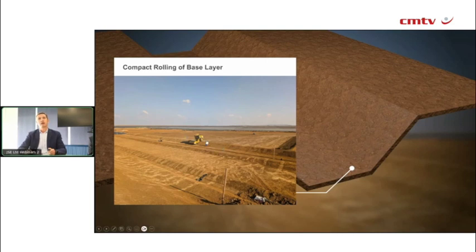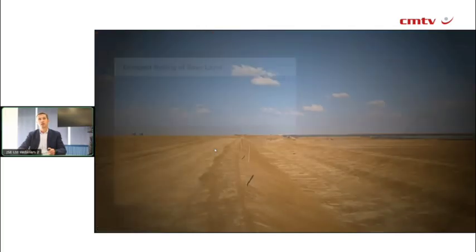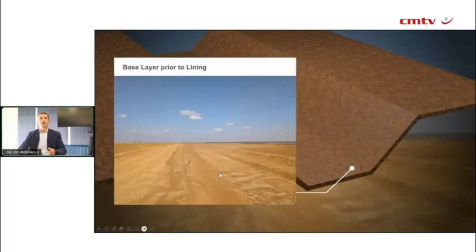That area is being compacted and rolled and prepared for your liner and your drainage system to be installed. So this is the base layer of your earthworks that's being constructed to ensure you've got a competent base layer prior to putting your drainage system down. That is what the earthworks look like once you've compacted it, and you'll have the borrow pit drain up here and the main drain on the left-hand side.